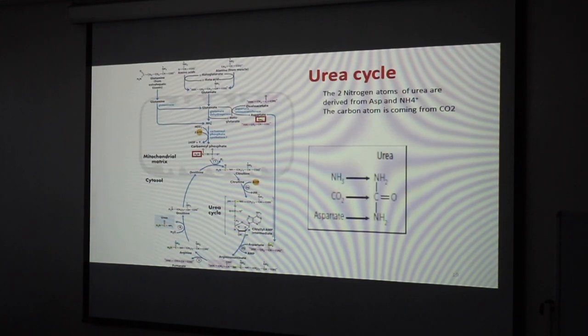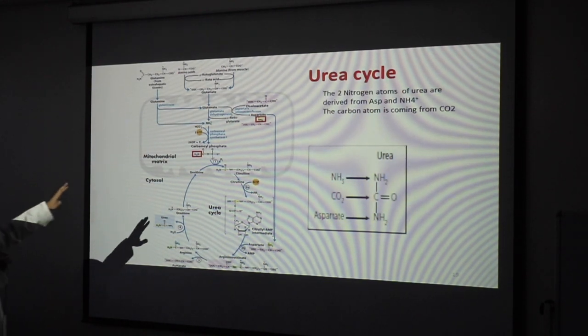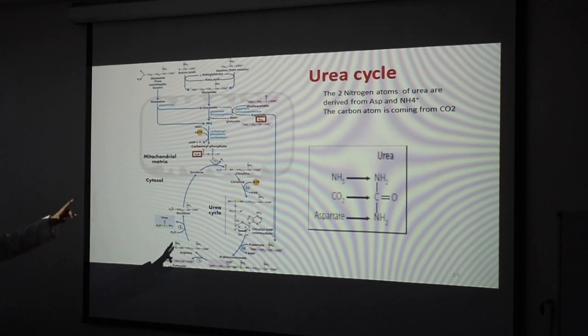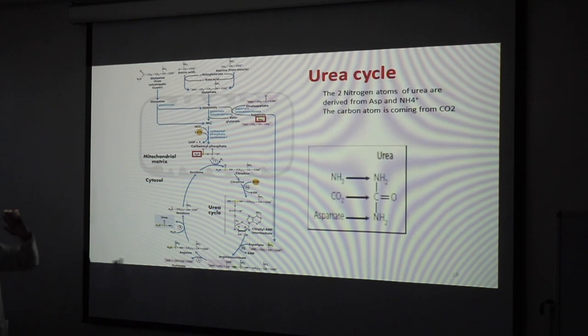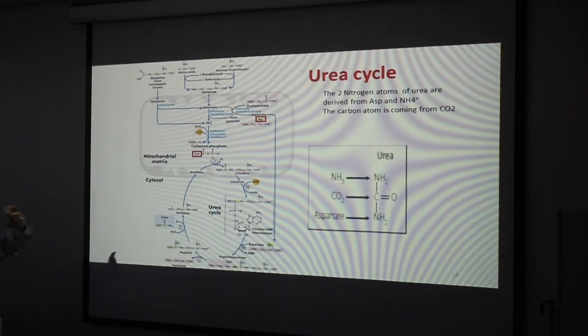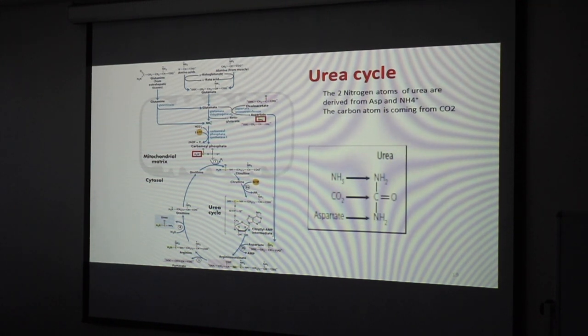You should know the transaminases, the two famous transaminases, AST and ALT. You should know their products. You should know that the reaction is reversible. And we mentioned yesterday why AST is more favorable in the direction of making aspartate. Yes, because aspartate is actually a way of getting rid of ammonia, because it's going to enter the urea